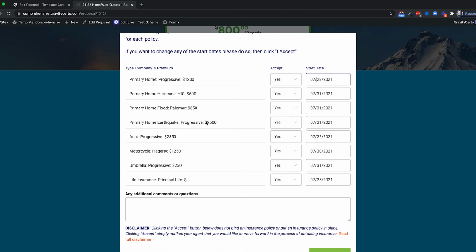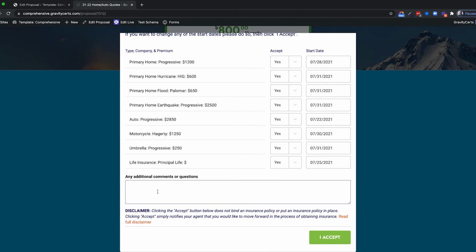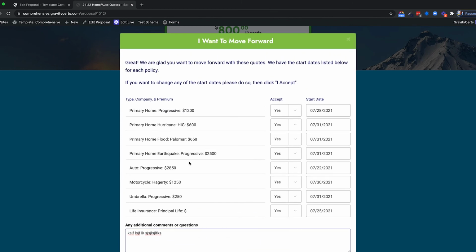So they can come in here and put that in and change the dates. They can also add any additional comments or questions. Say, everything looks good, I just want to do a $500 deductible on my auto instead of $1,000. So they can put that information in here. Then the person clicks accept, and then you will get an email to go ahead and send them the apps to sign, collect payment, bind all the policies, and now you have a new client with lots